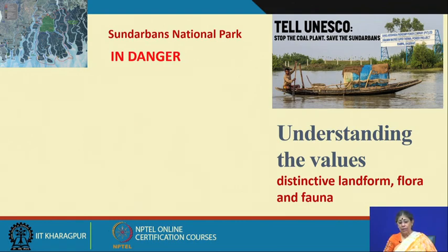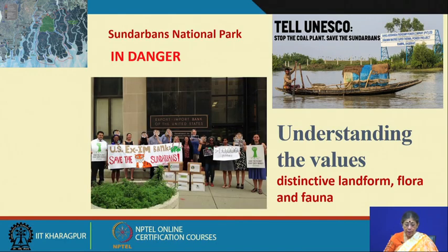Because in Bangladesh there is a coal plant which is proposed, and if it comes out, it will put it under threat. Threat means it can endanger the flora and the fauna, and it can endanger the particular ecosystem for biodiversity for which it is well known. And because of that, there is a worldwide protest that pressure should be put on the country involved, so that this type of development should not happen.